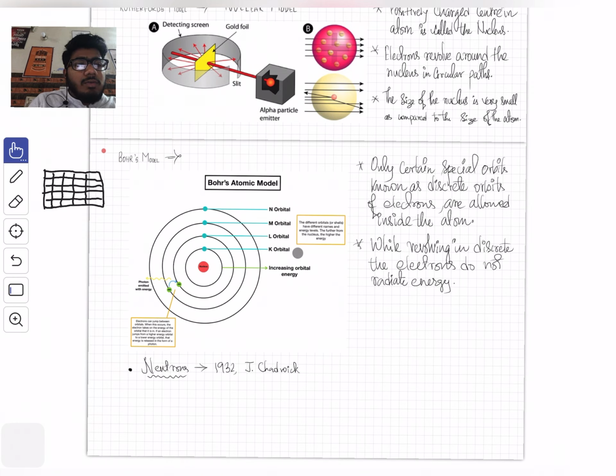So this is how we got to know about the atomic models, or the developments of atomic structure which we see today. We will also discuss this more elaborately